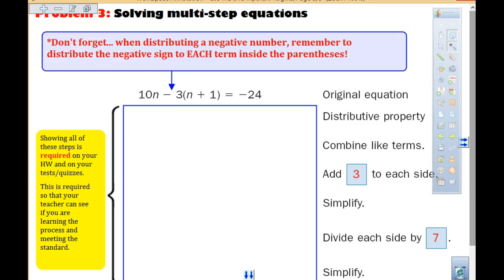When I'm looking with distributive property, as I am taking a look at this one, I am going to start, and it says, don't forget, each distributive, a negative number, remember to distribute this negative sign to each term in the parentheses. Here is my hint with this. We're going to change this to a plus negative 3. Do that right now. So that when I use the distributive property, I'm actually doing this. I'm taking 10n,